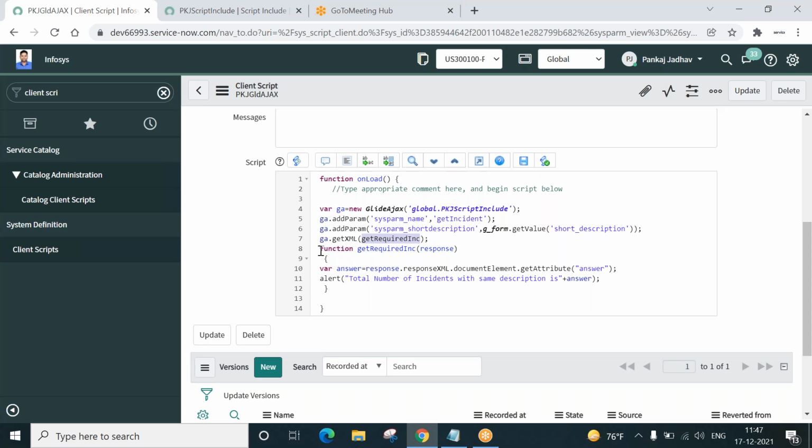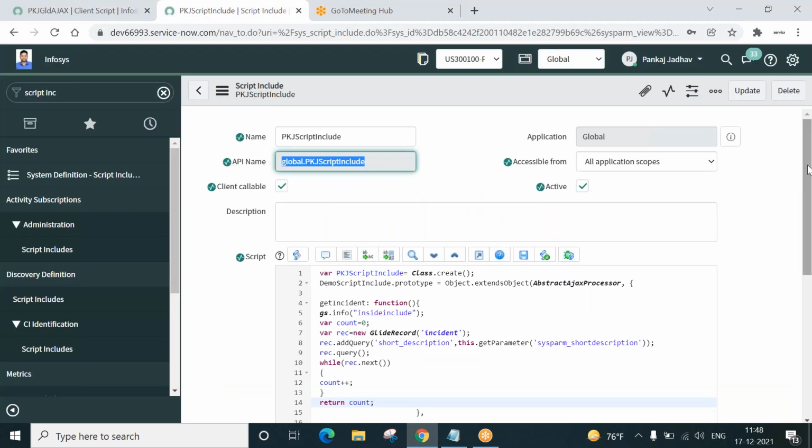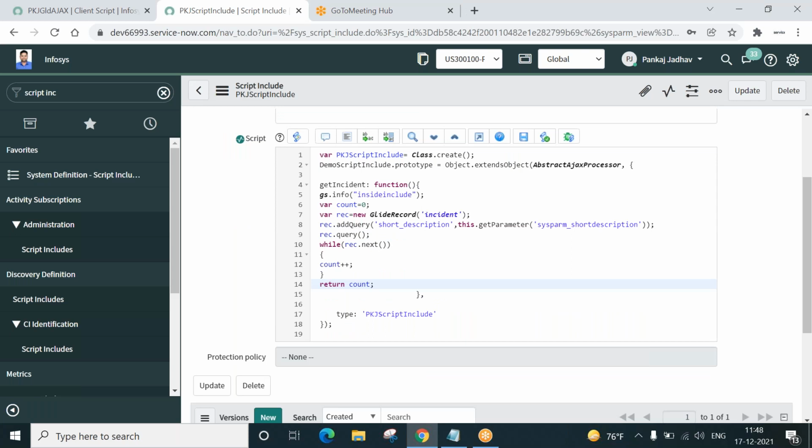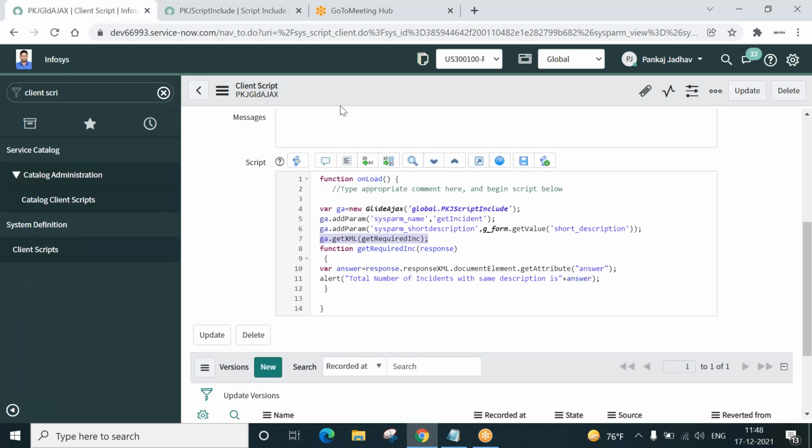If you see immediately below, the implementation of this callback function lies here. As soon as this line executes, it goes to the script include over here. It fetches the value sysparm_short_description, whatever the client script has passed, using getParameter. This variable name, see, they should match.